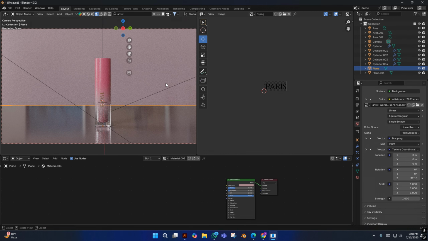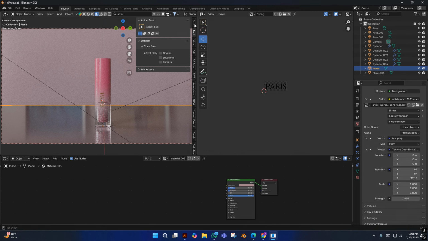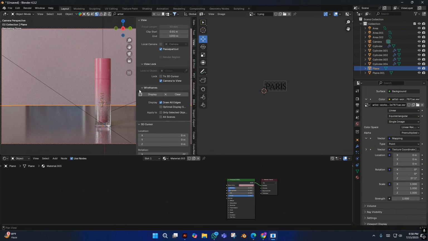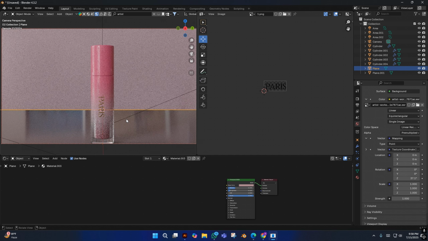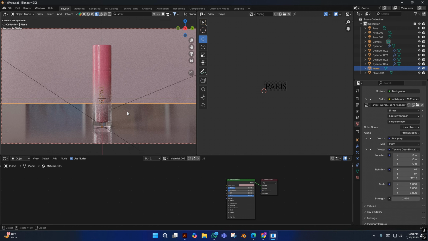So this is our tutorial, and rendering is very easy. So you know about render, so